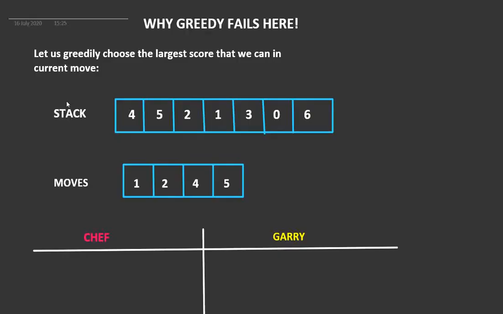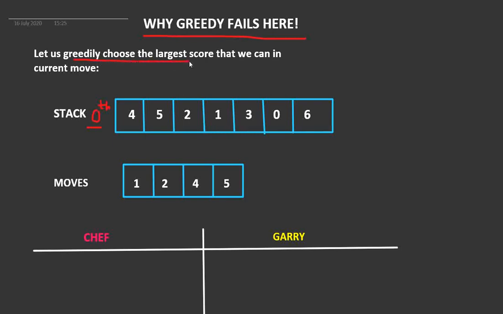The most basic and intuitive approach one might think of while solving such a problem would be the greedy approach. If it's Chef's turn and he's starting from the 0th index, let's give him the maximum score possible from the 0th index. Starting from here, it would be to choose 5, and then he would get 2^4 plus 2^5 all the way till 2^3.